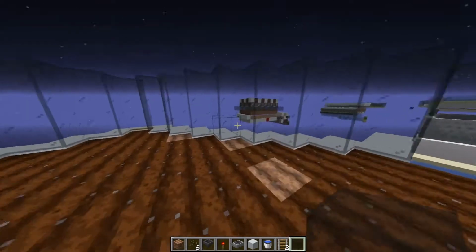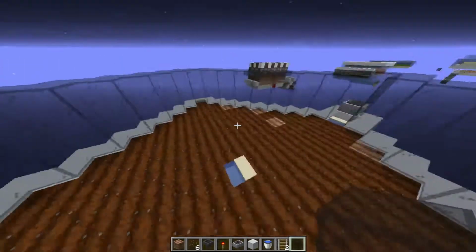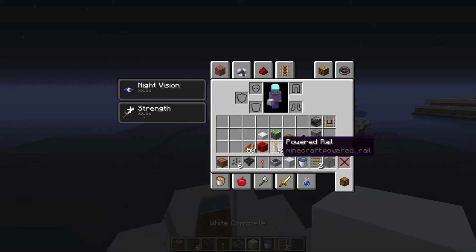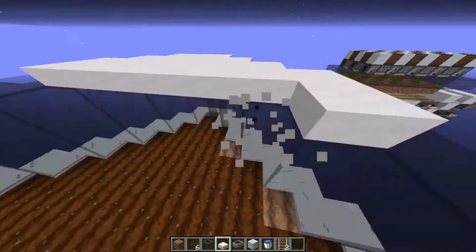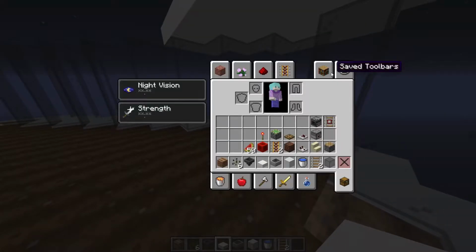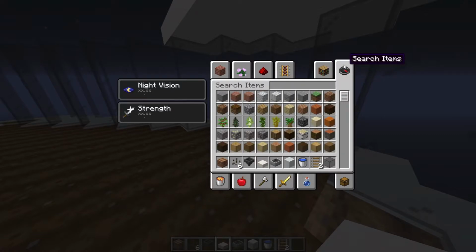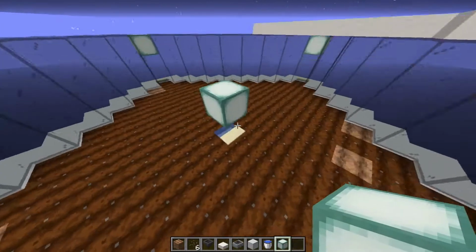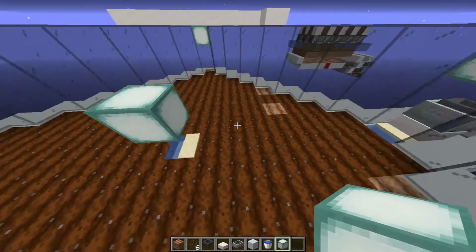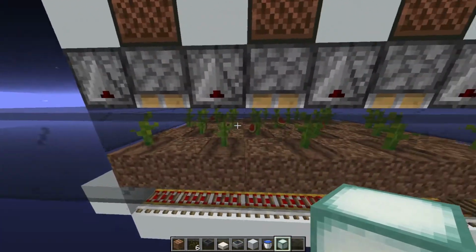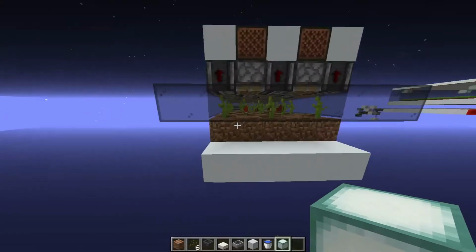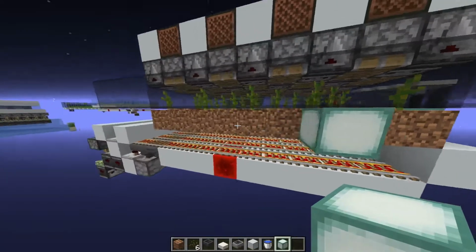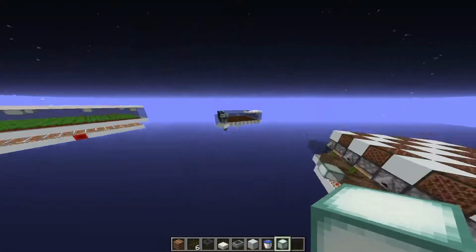So now you have the walls surrounding this farm, and also you have to put down a roof on top of this farm. And also one important thing is lighting up your farm, because all crops need light to grow. So just light up all of the spaces for the crops to grow. So the same thing goes for the melons and pumpkin farm. I forgot to mention just now, but make sure you light up all of your crops,